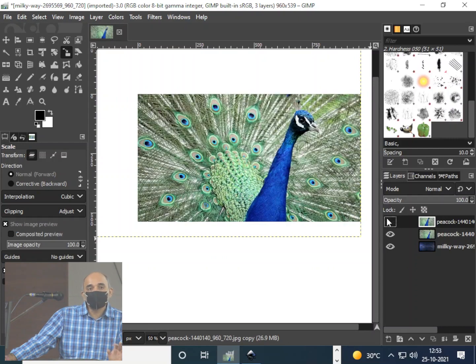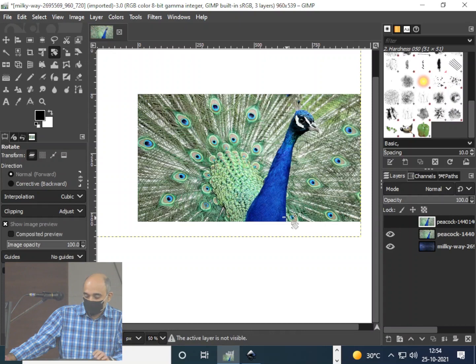So whatever operations you are doing is happening on a layer and is not happening on the entire image. You can similarly try the rotate tool also.